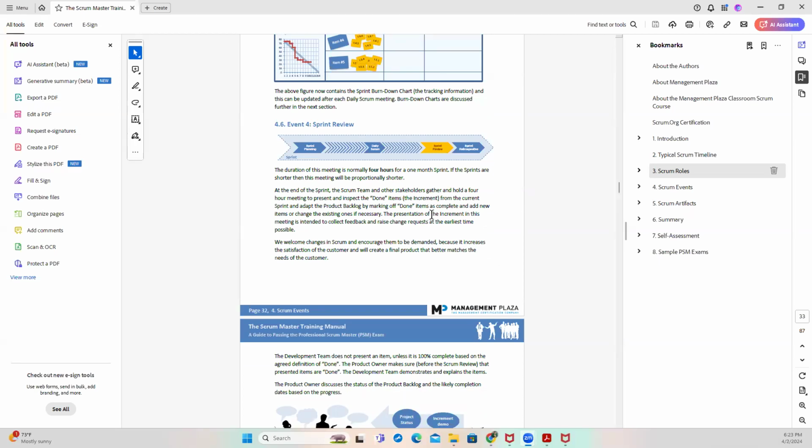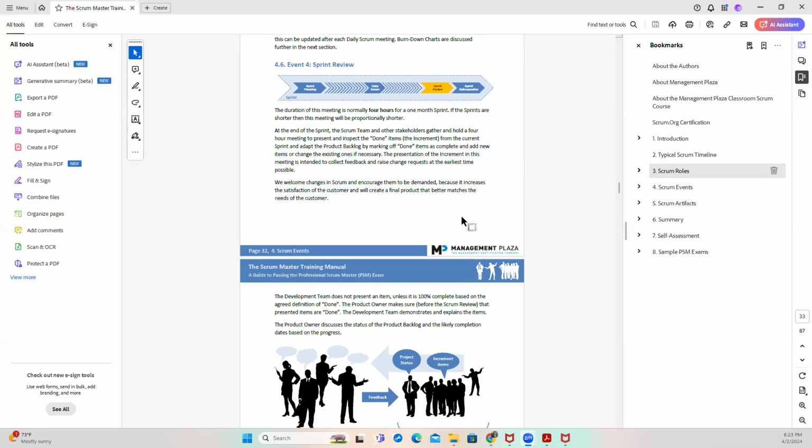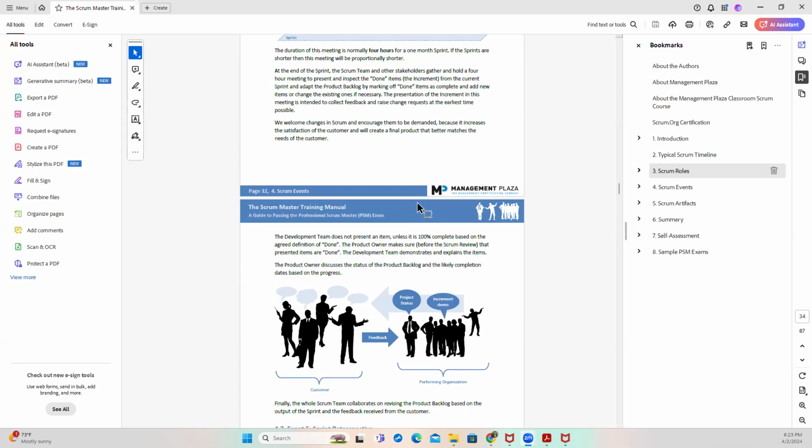Once it meets the definition of done, then they can mark it done. Once the customer says, oh, it has met the definition of done, then they can mark it done. Once the stakeholder says it has met the definition of done, they can mark it done. In a case where you don't have a stakeholder or customer to attend, the product owner can step in and say, yes, it has met the definition of done. The increment has been born. So you go from there.